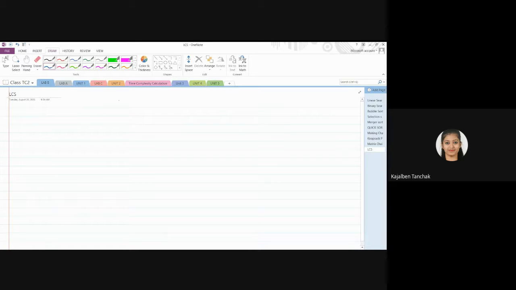So the topic is longest common subsequence. Okay. Now we will have two strings. The first is C, D, E, F, G, H, I, and the second string is here.